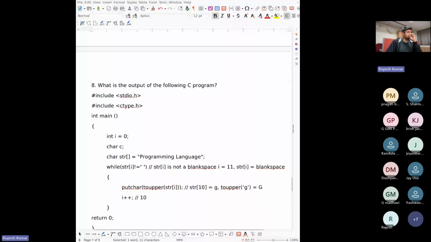Yashwant, is this clear? So what you have to do is go character by character. That's what I'm saying. It accepts a character. It does not accept a string.